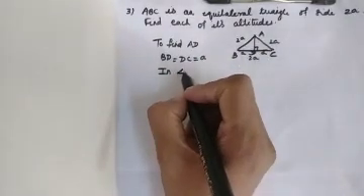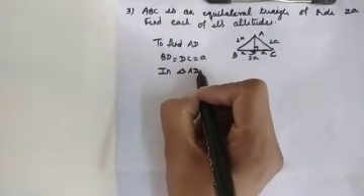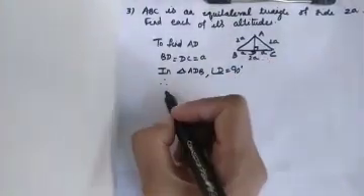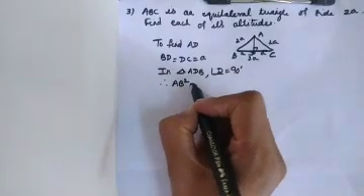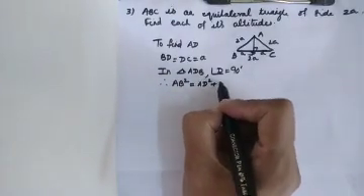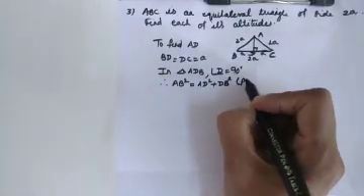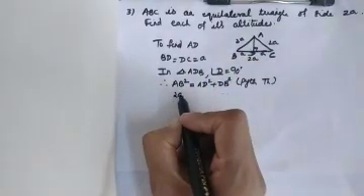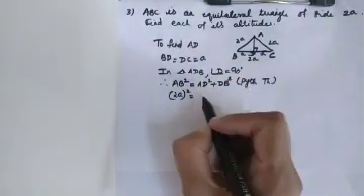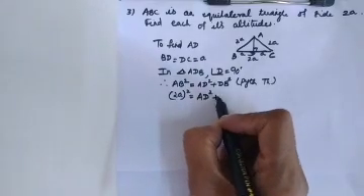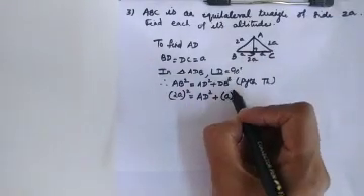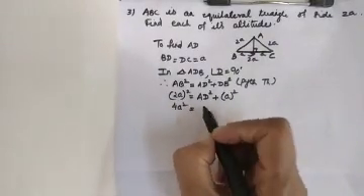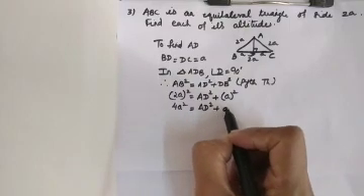I am taking triangle ADB. Angle D is 90 degrees. Therefore, which is the hypotenuse? AB squared. AB squared is equal to AD squared plus DB square. Reason is Pythagoras theorem. That is AB is 2A. So 2A the whole squared is, AD is what you are going to find, it is AD squared plus DB is A squared. 2A the whole square. 2 squared is 4. 4A squared is AD squared plus A squared.